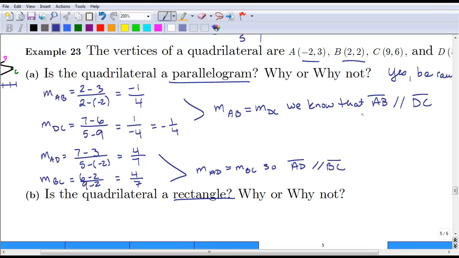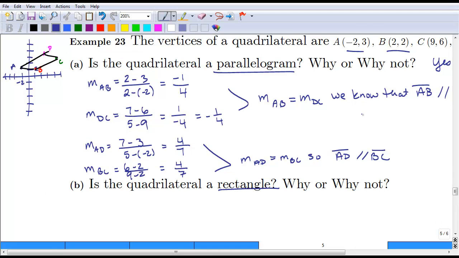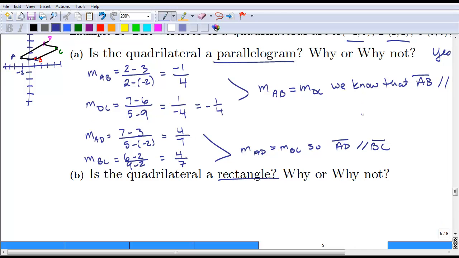Now, if we want to determine if it's a rectangle, remember that a rectangle is not only a parallelogram, meaning the top and bottom are parallel and both sides are parallel to each other, but that these are also at a 90-degree angle. Looking at the picture, this does not look like a rectangle, but we can justify this using the information that we've already calculated. If it were a rectangle, we would need, for instance, line segment AD to be perpendicular to AB. And if you compare the slopes here,